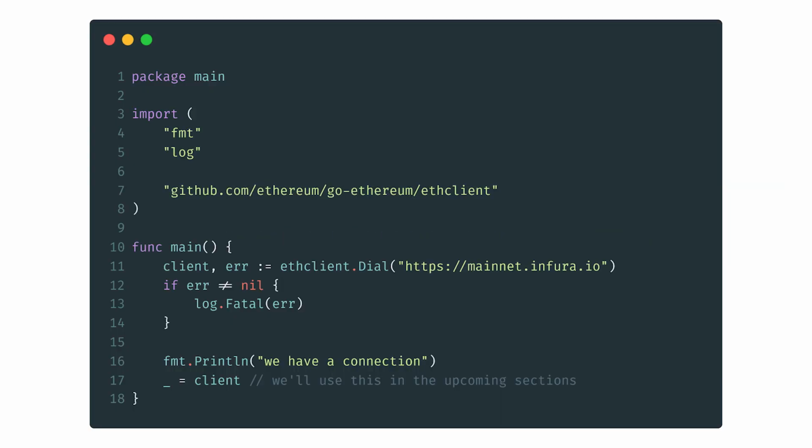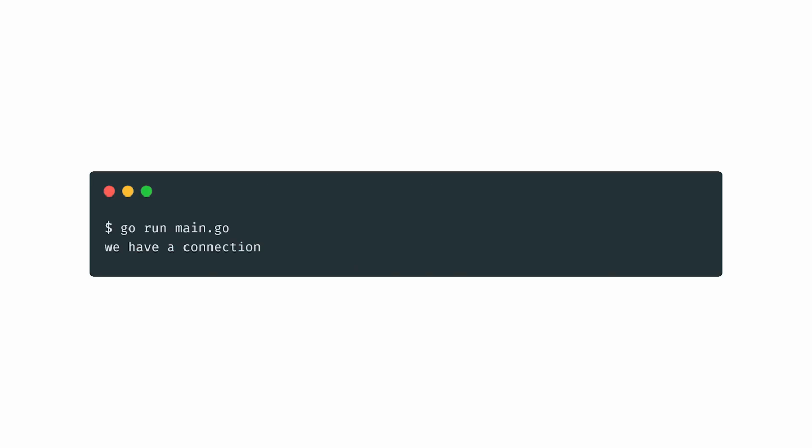same every time. Instantiating a client with a little bit of error checking would look something like this. To make sure everything works, just use go run on the command line, and congratulations, we've connected to Ethereum using